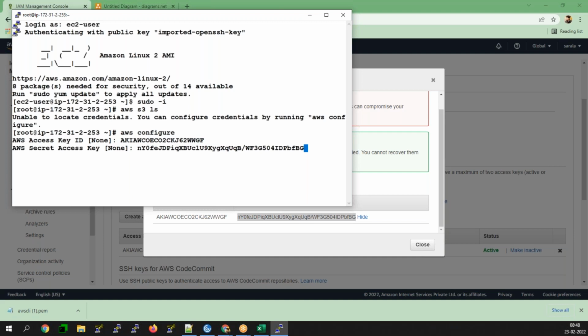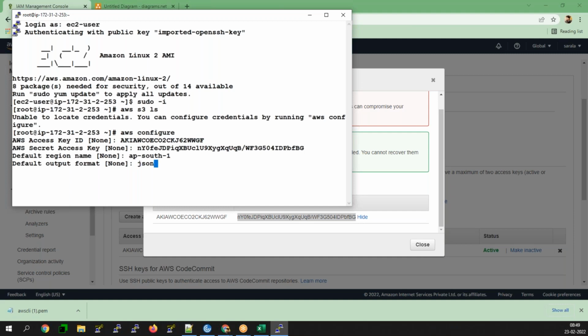This is only for the specific region, AP-South-1, the Mumbai region.